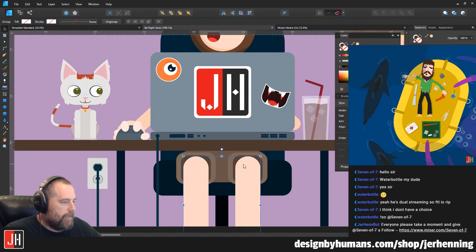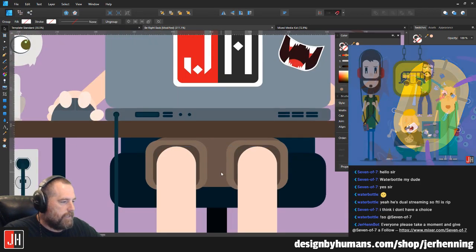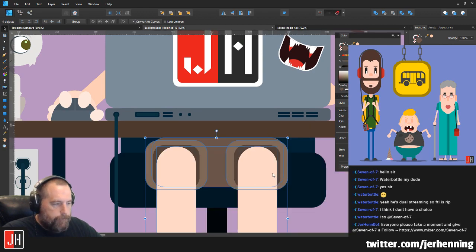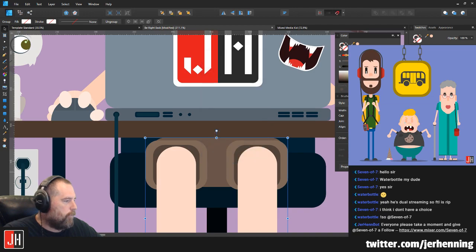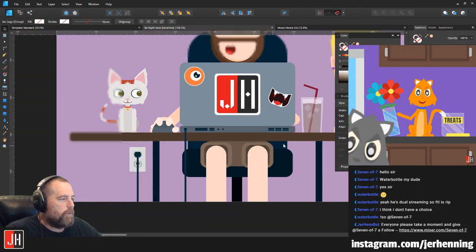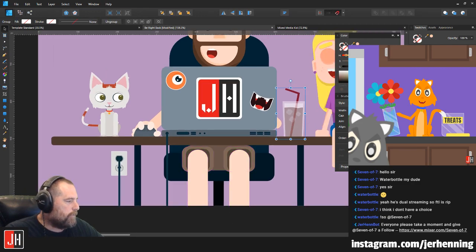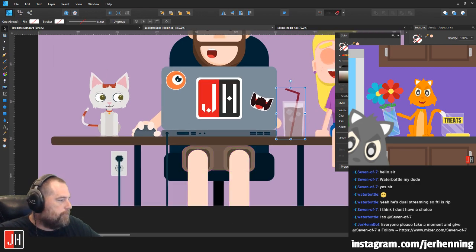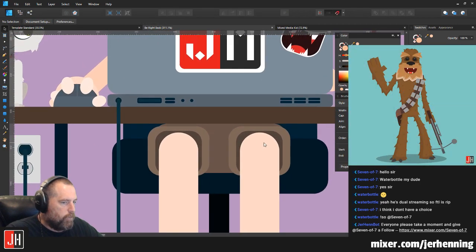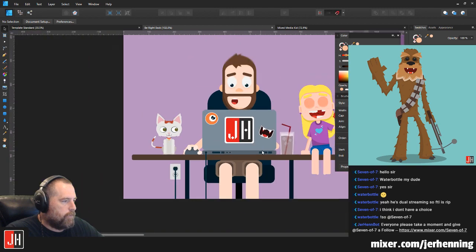Now let's move on to the legs. I don't think my legs are going to do much of anything. I think they're just going to stay idle. So we'll grab all this, group it, and call it Jer legs. And when we're done, we'll group all this together and call it cup, because I think we're going to redo the cup a little bit as well. I want to make it pop a little bit more. So we'll do Jer legs. Now,